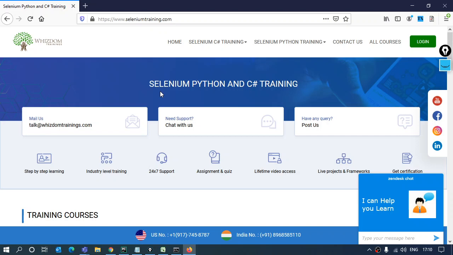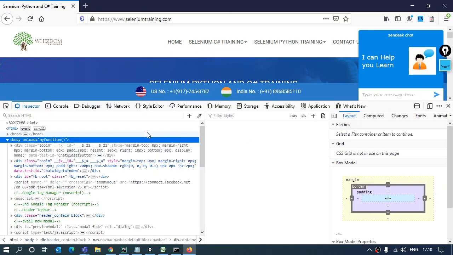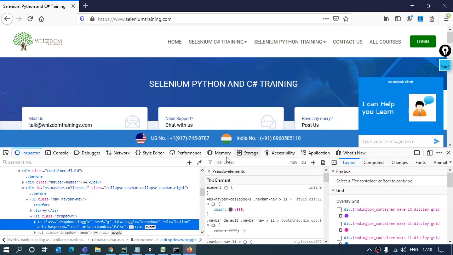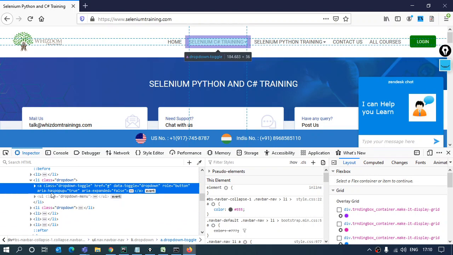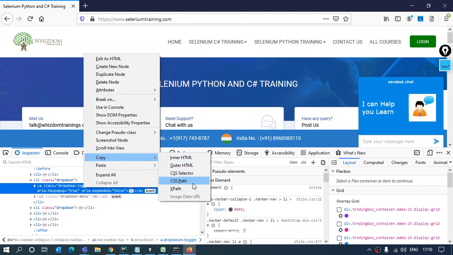Now over here on Firefox, if I inspect this button, the same way you have to inspect it. Go to inspect element, and you will get something like this. In Firefox, if I click on this highlighted page source which is being reflected over here, I will get the option to copy.